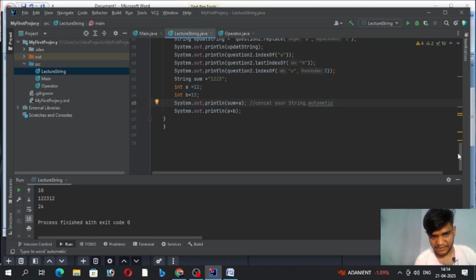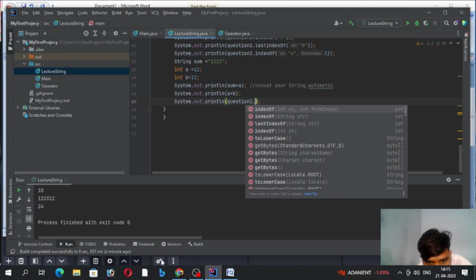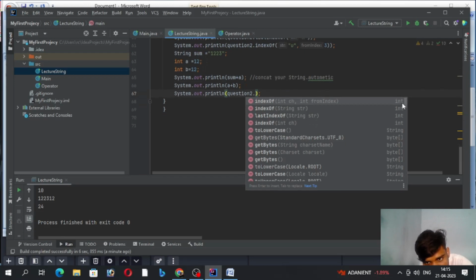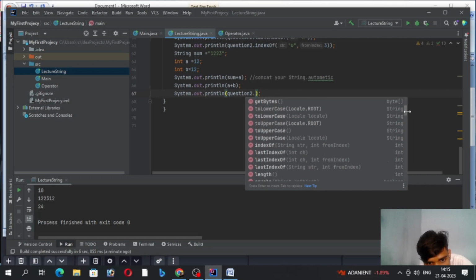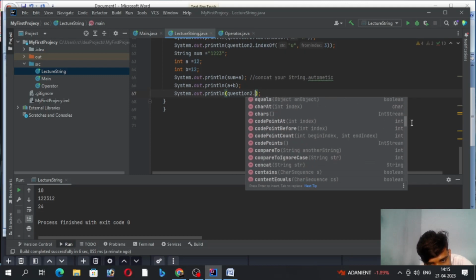Okay. Lots of material is available on string. You can complete it. Next, I want to see what the remaining methods are. Here lots of methods are available: index of, you can understand index of, last index of, index of string, index of character. You can check directly by applying it to a particular character. And lowercase is completed, index of, last, length is completed, equals is completed, concat is completed,